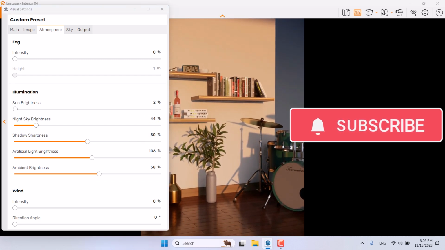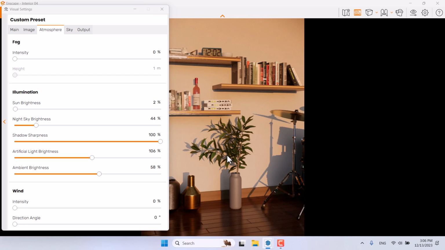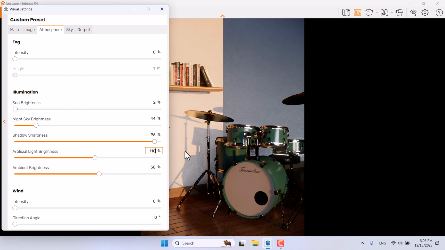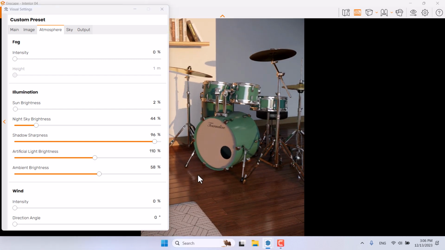Look at this part of my job. If I increase the shadow sharpness, you can see some type of sharp shadows in your area and your render related to these waves in here and these instruments in this place. So I prefer to use 96% for the shadows, and artificial light brightness can be increased to 110%. Ambient brightness is related to this part of your job,